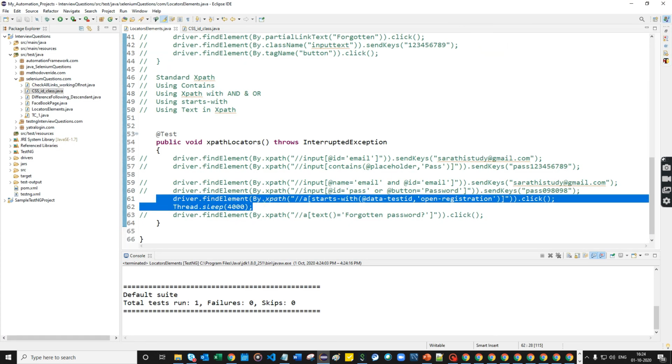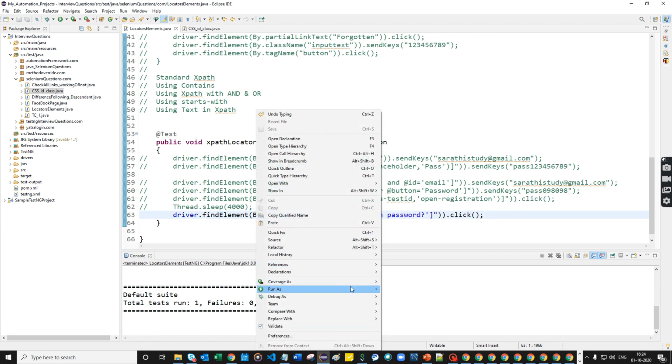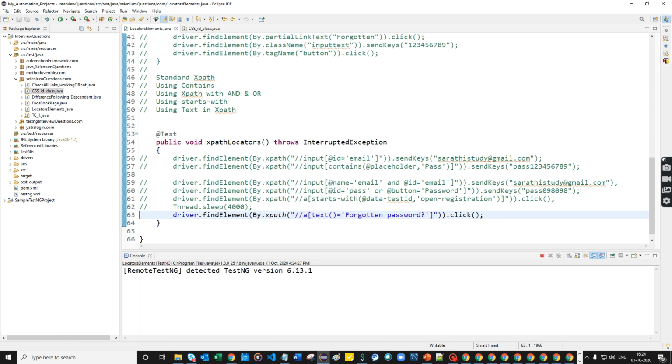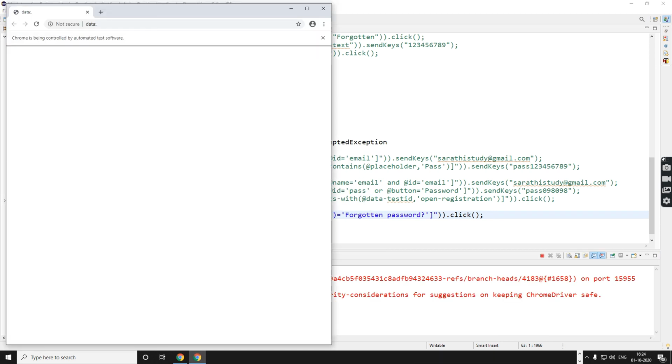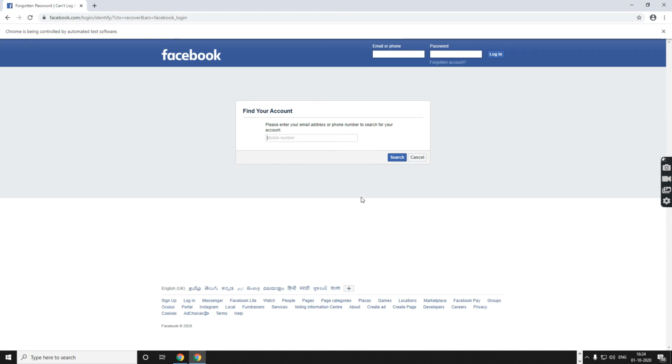Next I'm going to show you text XPath, which is clicking forgotten password. See, the forgotten password was clicked successfully, right?